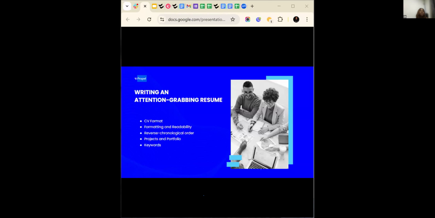Don't have the first company in italics, then the second one is not in italics. No, let everything be properly arranged. If you're making the roles you handled bold, ensure every other place you are highlighting the roles you've worked in, they are all made bold. There should not be inconsistency in your CV. That way, it makes it very easy to read.